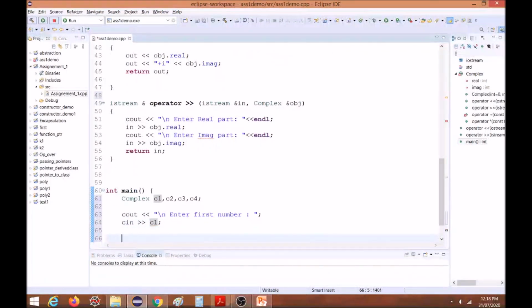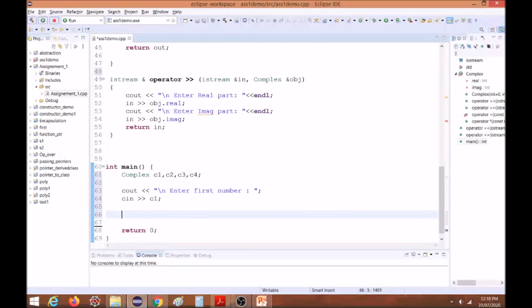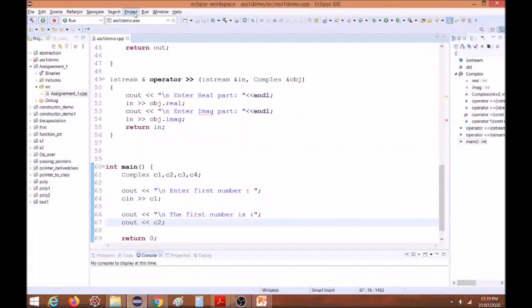Okay, and we will just display whatever we have accepted. The first number is, and we have overloaded the operator along with cout and c1. Let us see whether it is working fine.